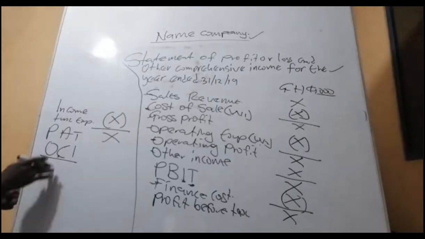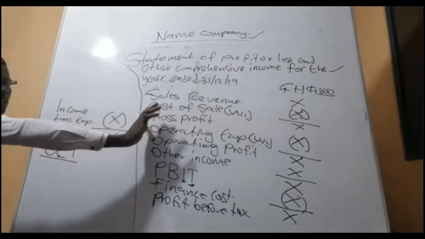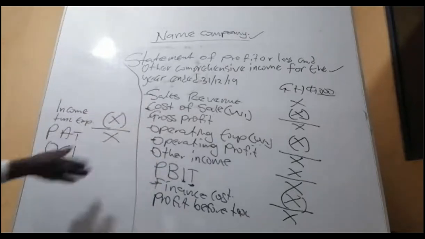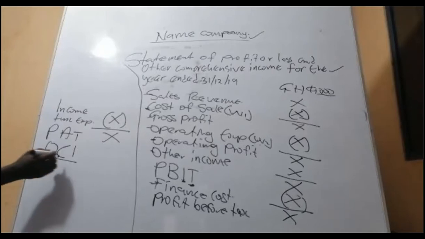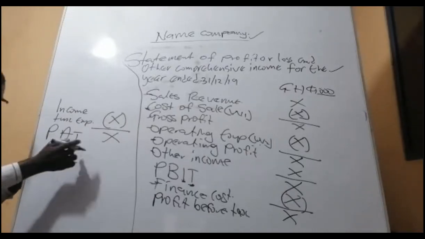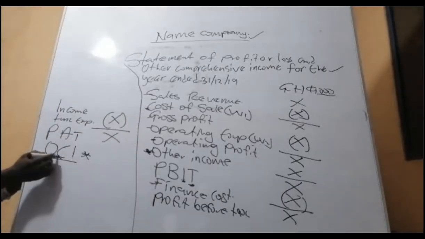Then what are the items that come here? Some of the items are not needed in the profit and loss statement, but they relate to our performance. So what do we do? Those that are not needed in the profit or loss, let's group them and call them other comprehensive income. Now, what's the difference between other comprehensive income and the other income here? The only difference is the word comprehensive.